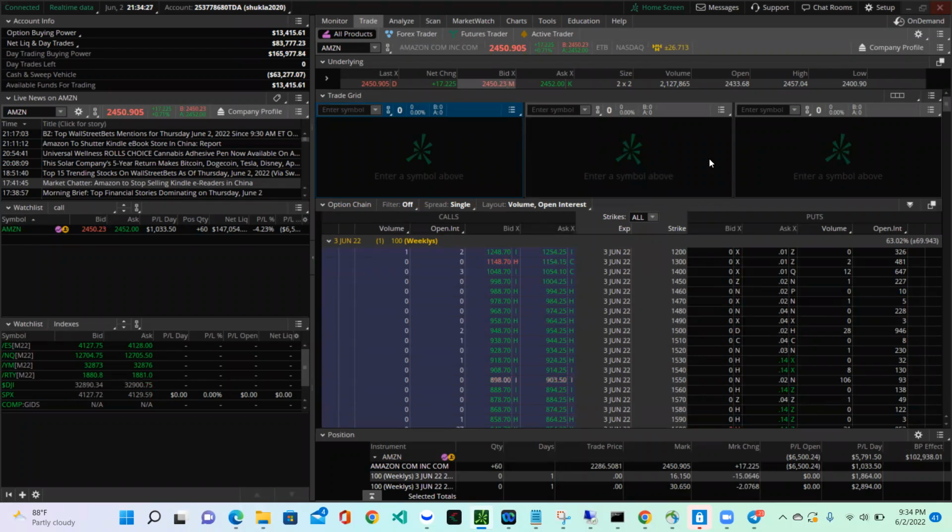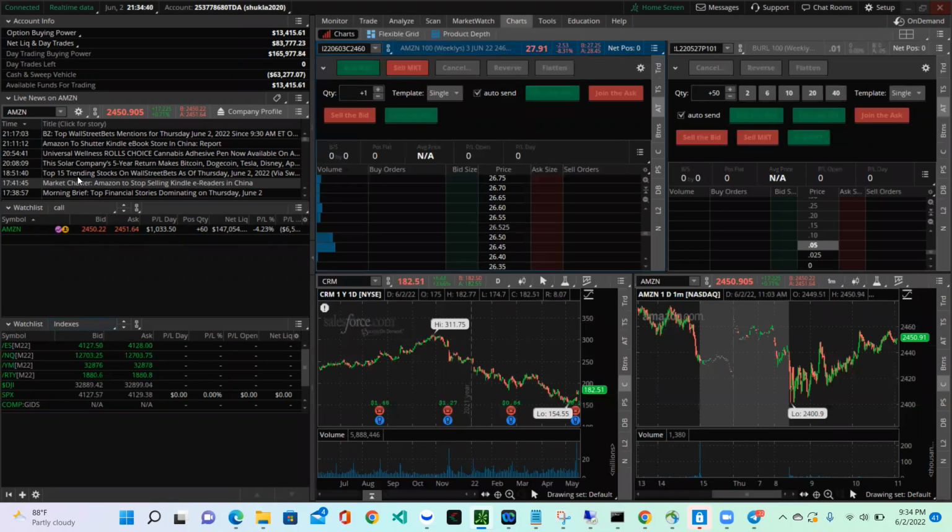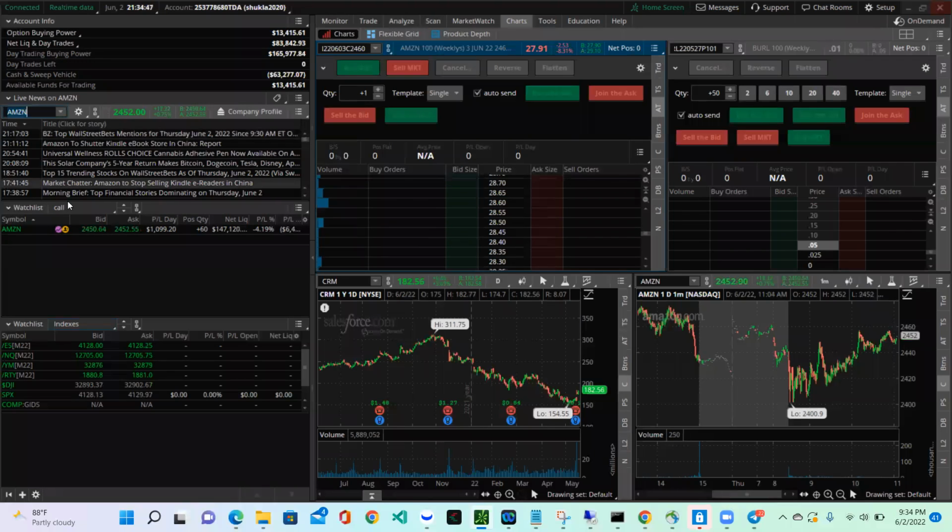So let me see if I can move this out of the way. I wish I had multiple screens, but okay. All right, so the way I've set this up, mostly I go to charts. On the left side is my portfolio, and the most important stocks I typically follow, the news, and a watch list. Then I also have a watch list of the current indexes, and based on that, I built some really